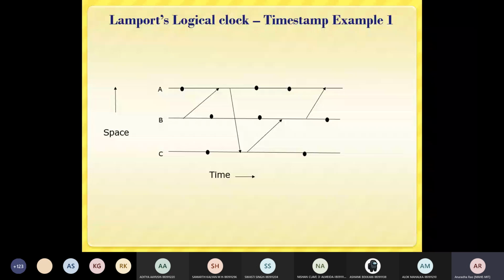But to have a general idea, you can have E11, E12, E13 like that for process A, for process B you can have E21, E22 like that, and for process C you can have E31, E32 like that. You can put the event names if you require. Otherwise, at least give the timestamp.